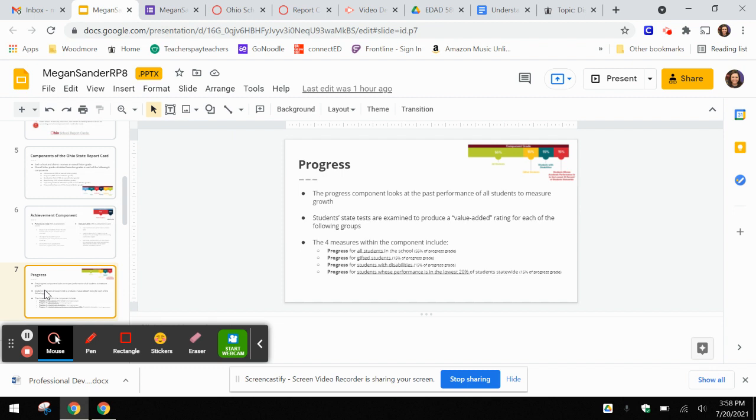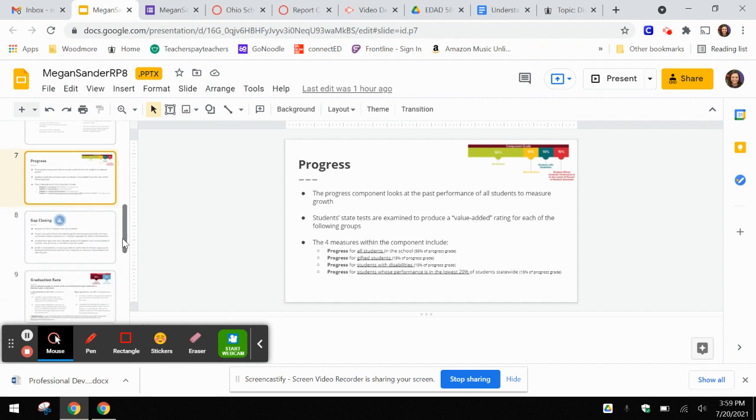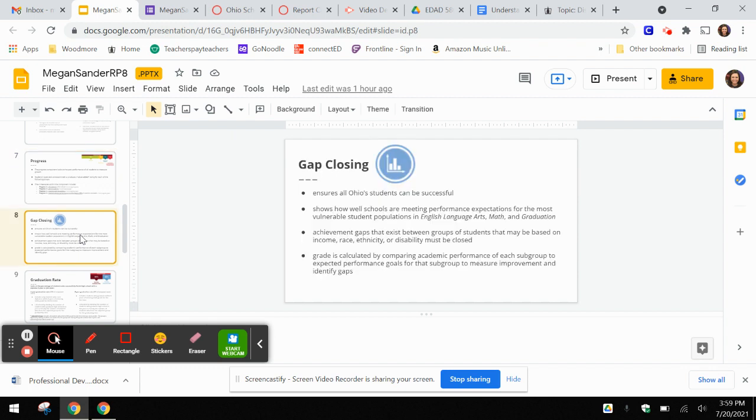And last is progress for students whose performance is in the lowest 20% of students statewide, which is the final 15% of the progress grade. So this takes into account different subgroups of students to ensure that all students are making progress. The next component is gap closing, and the purpose of this component is to